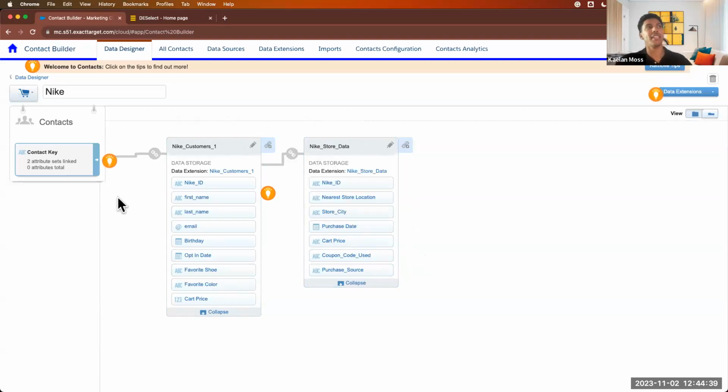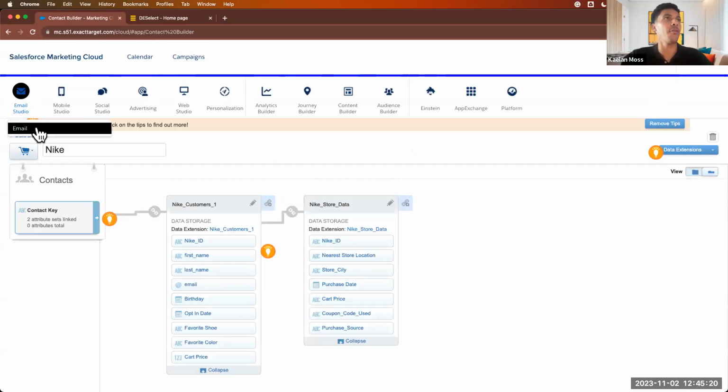These are data extensions. This is called an attribute group. An attribute group is literally what it sounds like. These things are called attributes. Most people, if they use Excel, would call them columns in an Excel spreadsheet or fields in a database table. This is called an attribute as well. So it's these attributes or fields or columns all grouped together, an attribute group. Attributes grouped together, talking to each other so that you can reference that data when you start using Journey Builder. So that's going to be my overview right now for the system.